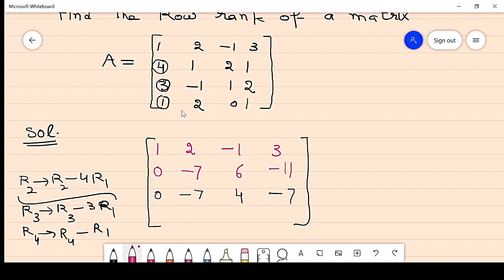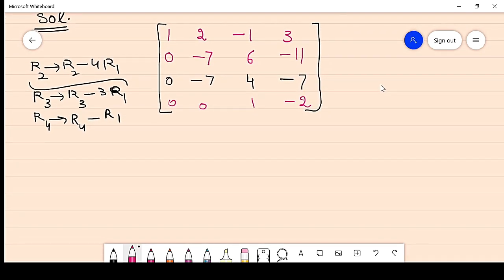Now next is just subtracting. So this term is 0, next term is 0, next is 1, next is minus 2. So we get this